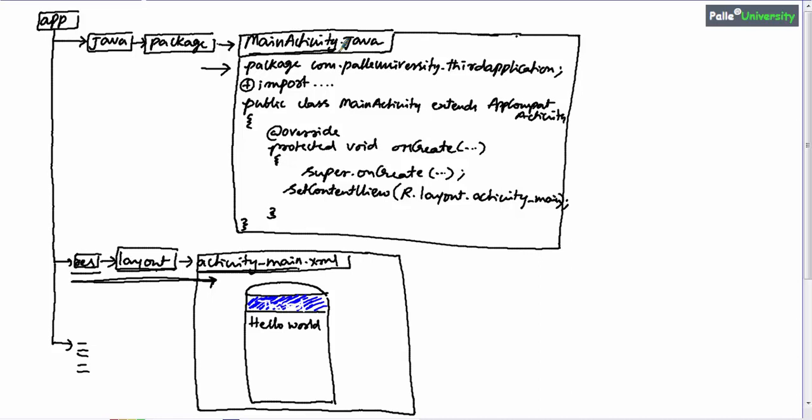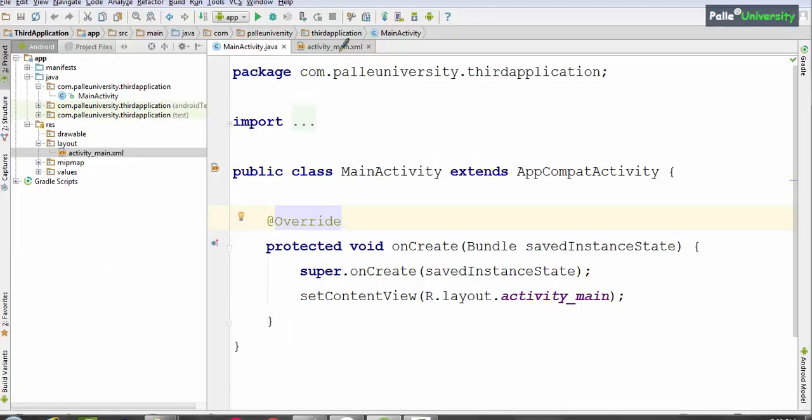Let me show you in my system where exactly this main activity.java file is stored. Here, if you observe your Android Studio, this application name is third application, which I have stored in E drive Palle University folder. So let me open that E drive Palle University folder to understand what is this package com.palleuniversity.thirdapplication.